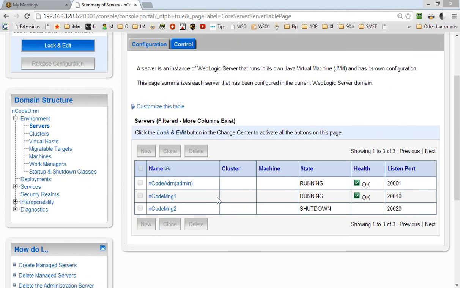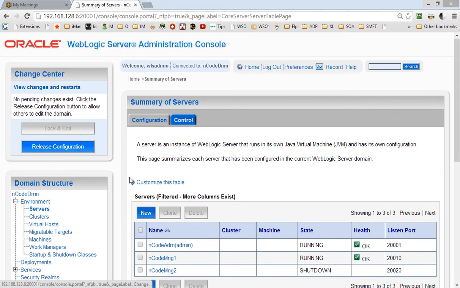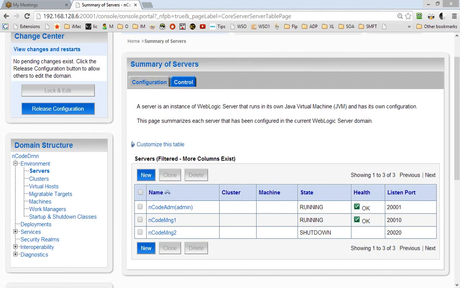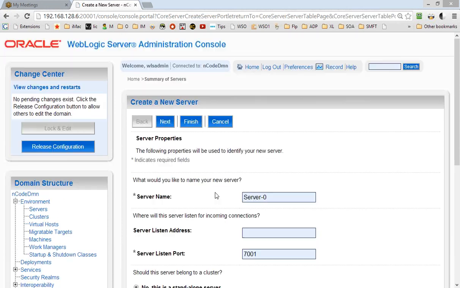So we have 2 servers. Let's say we add a couple more servers. So lock and edit means you're locking the config.xml and trying to edit it. All the changes that we are making will be saved in a buffer, and when we say activate the changes, they will all be written to that config.xml. See, this is what is happening. You lock and edit first thing, so then you create a new server,